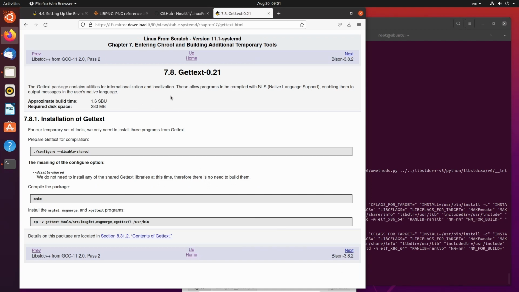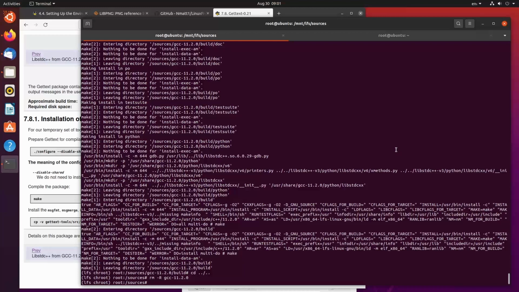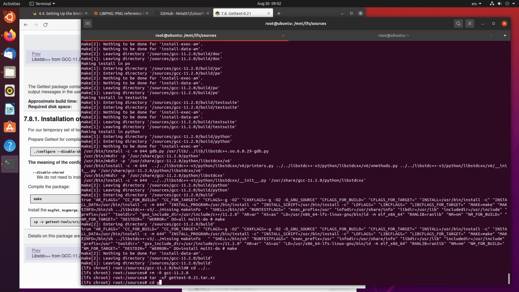The Gettext package contains utilities for internationalization and localization. These allow programs to be compiled with native language support, enabling them to output messages in the user's native language. This is good. Now, you see how it says 280 megabytes and 1.6 build units? So it's going to build a lot. So what we need to do is tar -xf gettext, cd into gettext,